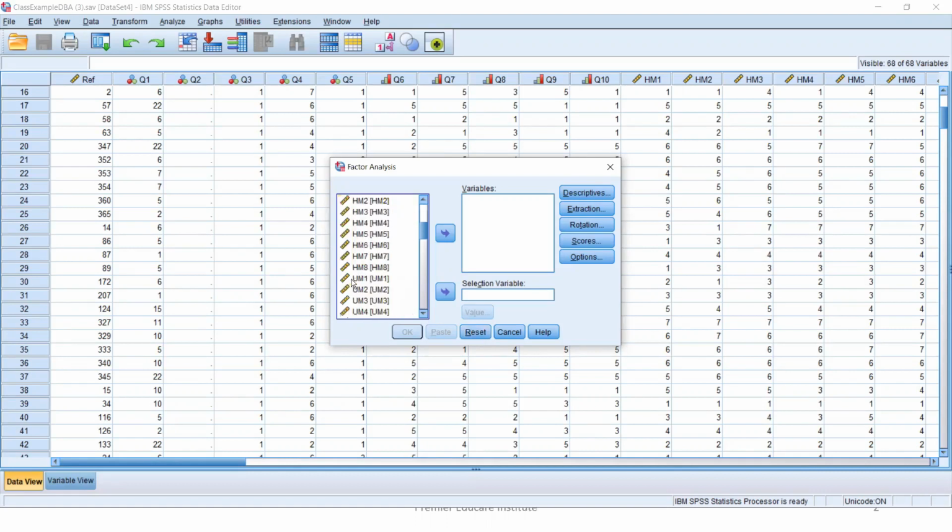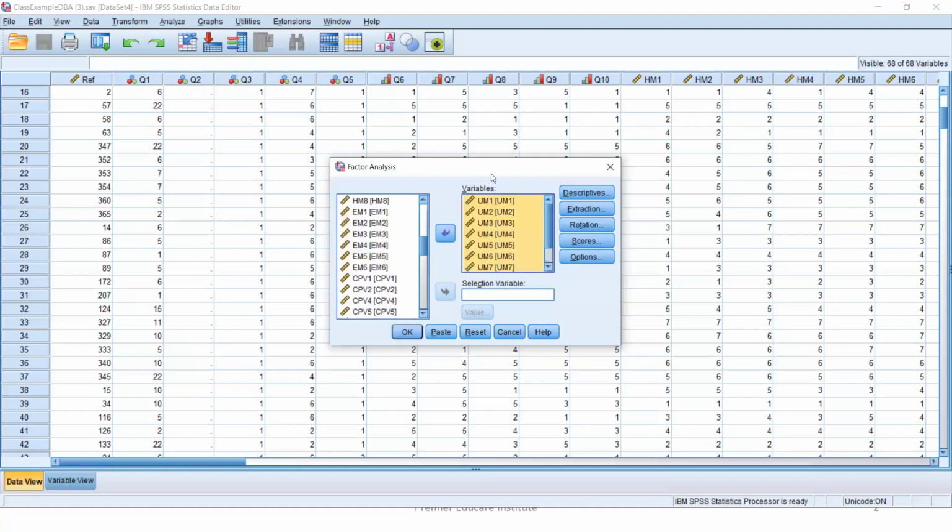Okay. So for the first one, I have already measured, and the result is there. I will show you later. Now I am going to measure the second one, right? Here is UM9. You have to select all the related items you use to measure that particular construct or variable. Here I have used 9 indicators, so 9 items, as I showed in my conceptual framework. Just click and get them to the right side.